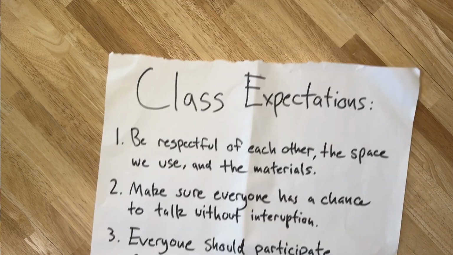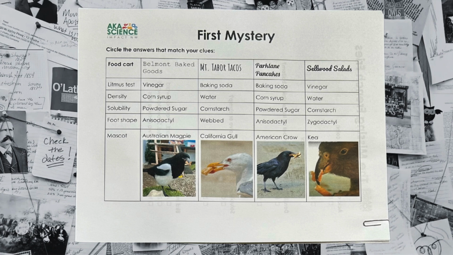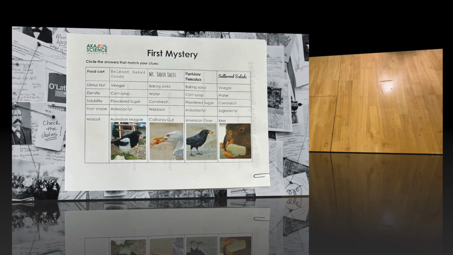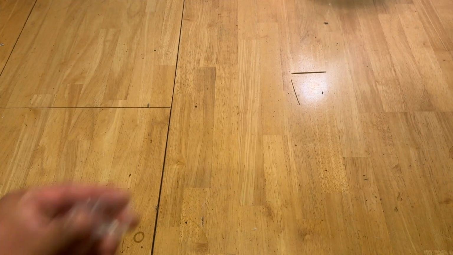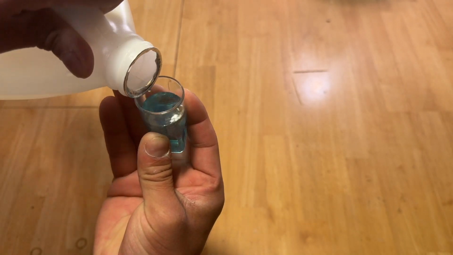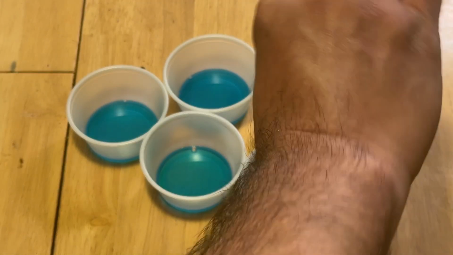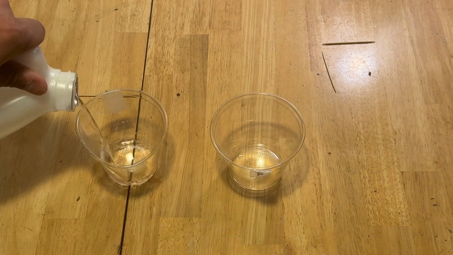And now, it's time to crack your first case. The crime! One of these bird mascots stole some French fries from us, and we're going to find out who done it. But first, as mentioned before, let's do some prep. Begin by adding water to your empty vial and pop in the color tablet. After it dissolves, evenly distribute the liquid into the plastic 2-ounce cups. Next, fill the 9-ounce cups about halfway up with water.